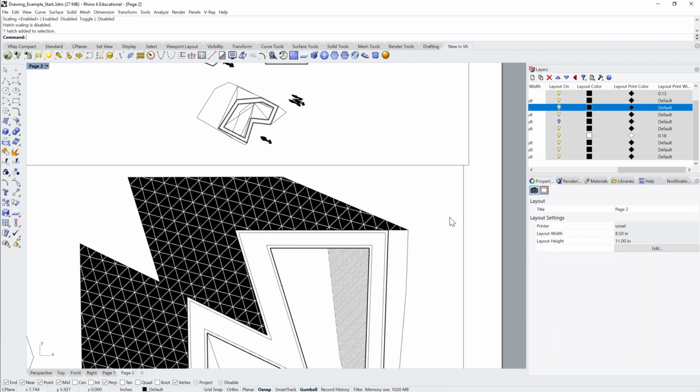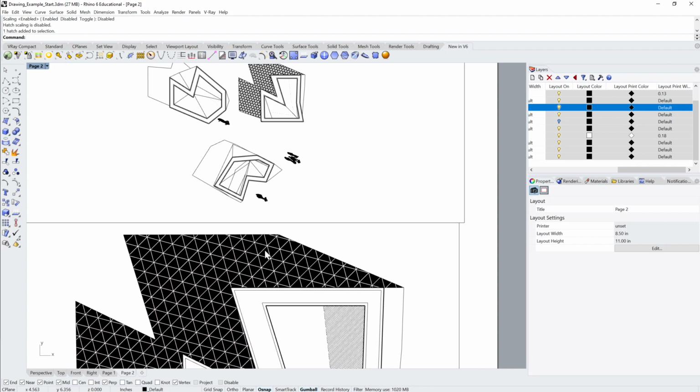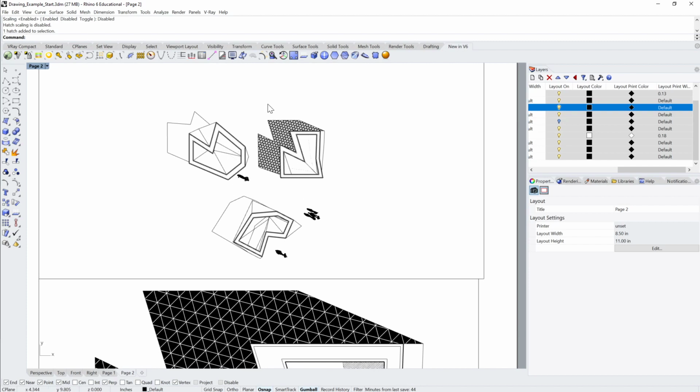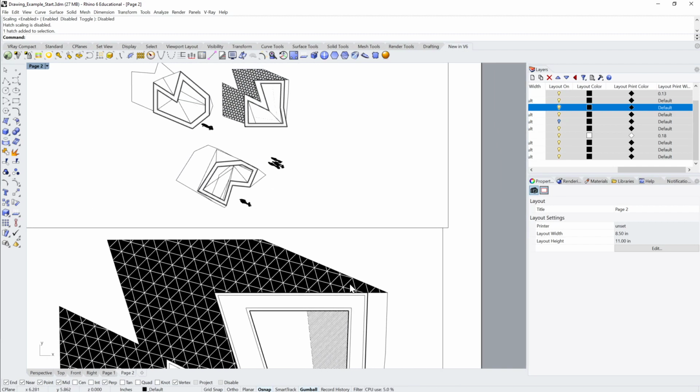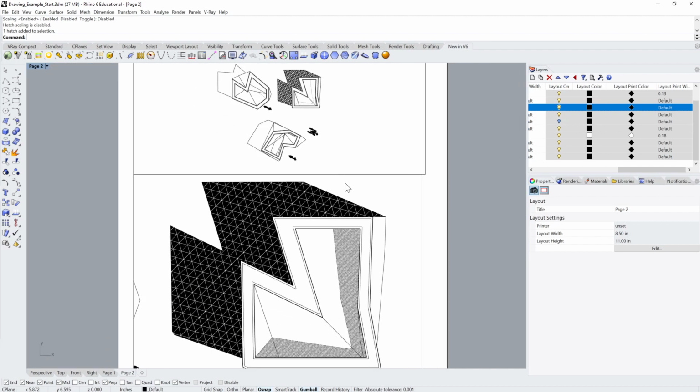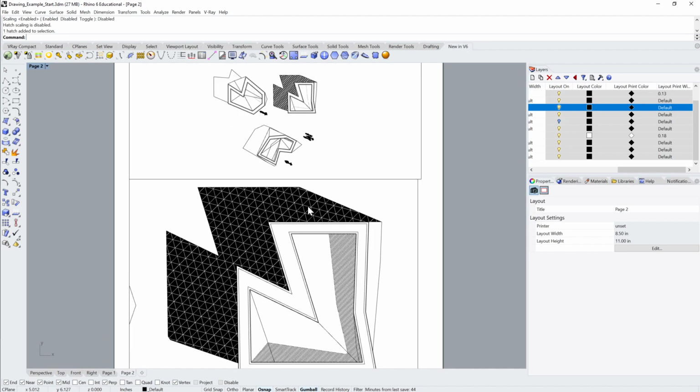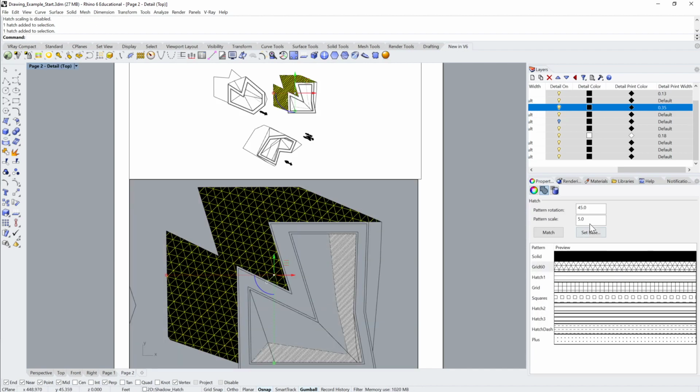Okay, cool. Now what we see here is that the triangles are different sizes, right? So we have a kind of global size for this triangle. So when the drawing's at a smaller scale, the triangles are smaller, and when the drawing is at a larger scale, the triangles are bigger. And so if you want that behavior, you want to turn hatch scaling off. And then when you set this pattern scale for the particular hatch pattern, you can